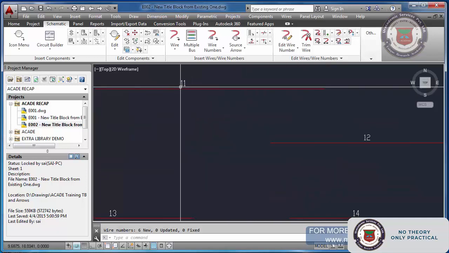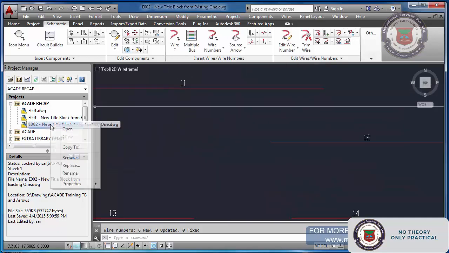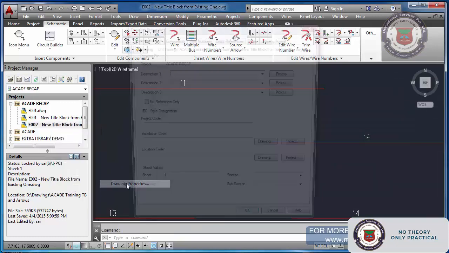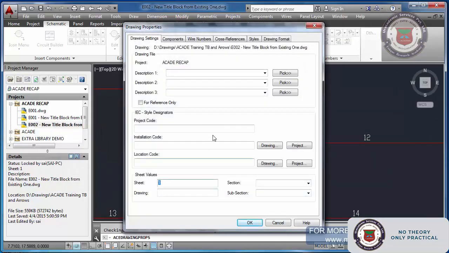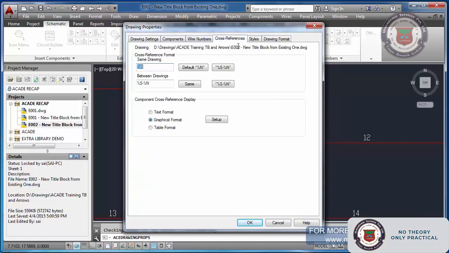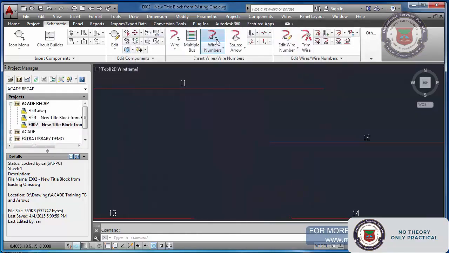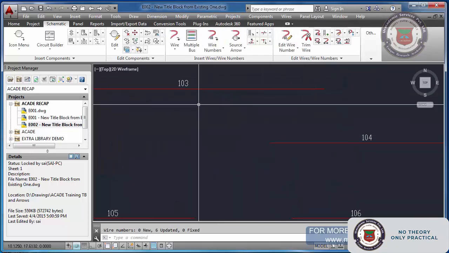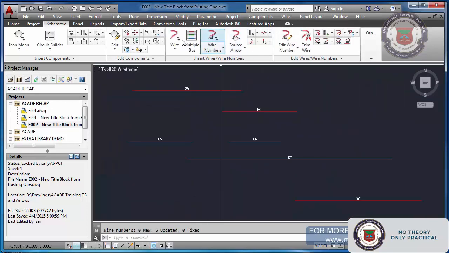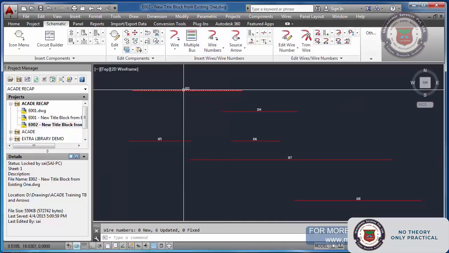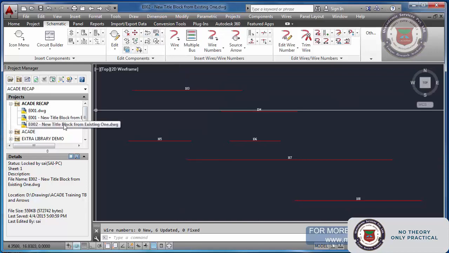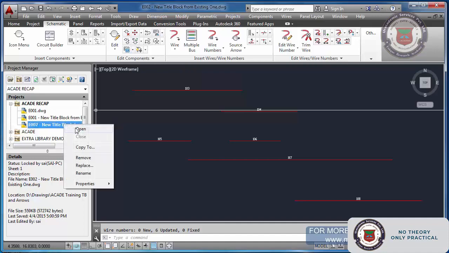The first digit 1 stands for my sheet value, this one, and the second one is the sequential 1. If I change it to 0, 1, what will happen? Let us see. Wire number, drawing wire, it will become 10102 in that fashion.